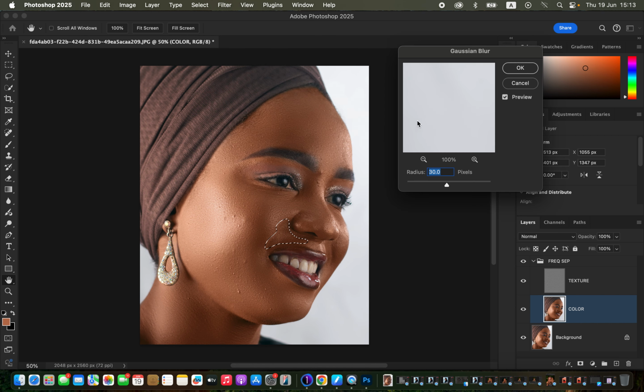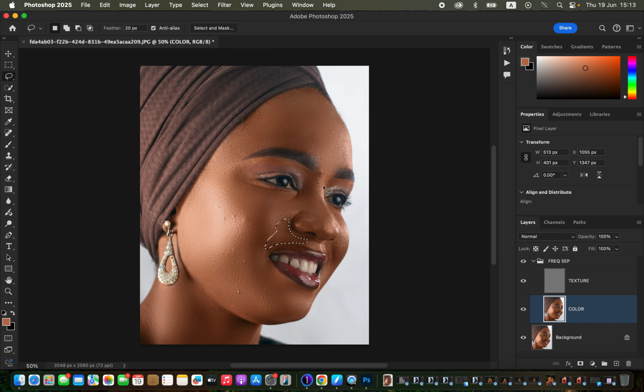Filter, blur, Gaussian blur, click OK. So you can see right now we have gotten the skin to look better and a little bit smooth. So in case you're still having a little bit of patches regarding the skin tones, you can simply come to